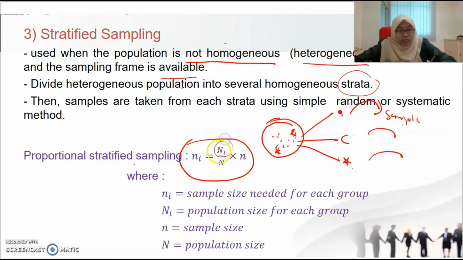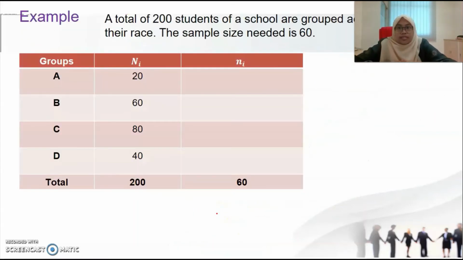This capital letter Ni here means the population size for each strata, for each group. This capital N here is the population size. And this small letter n is the sample size. Okay, let's say